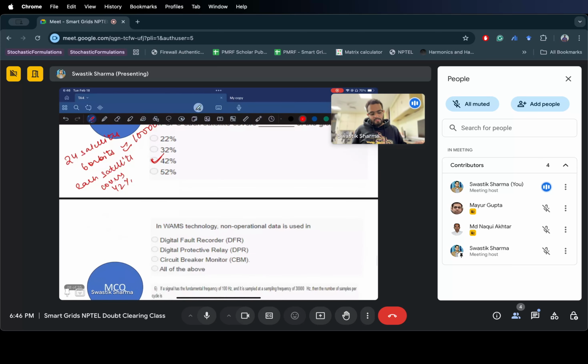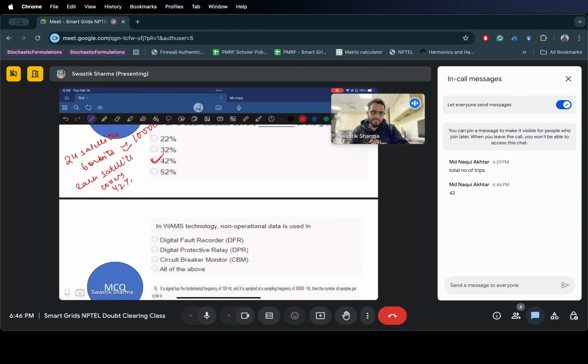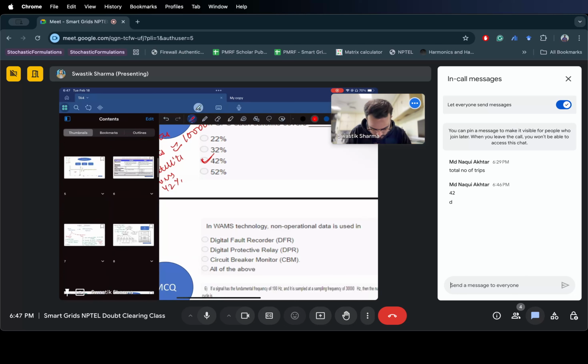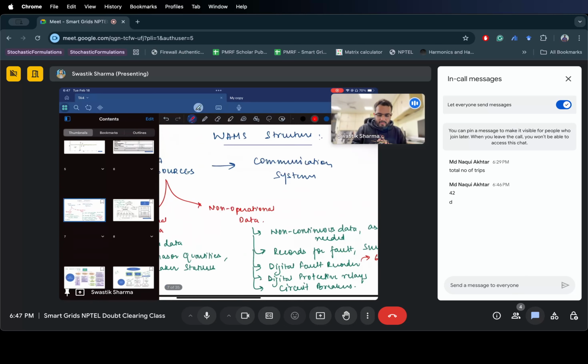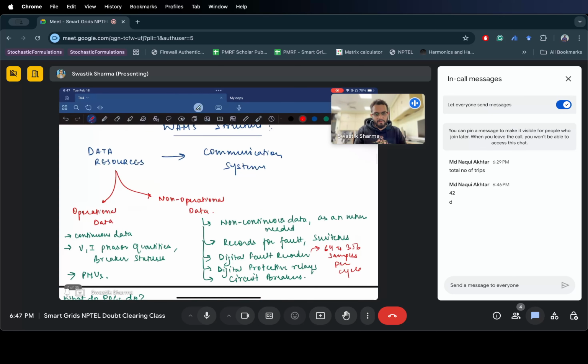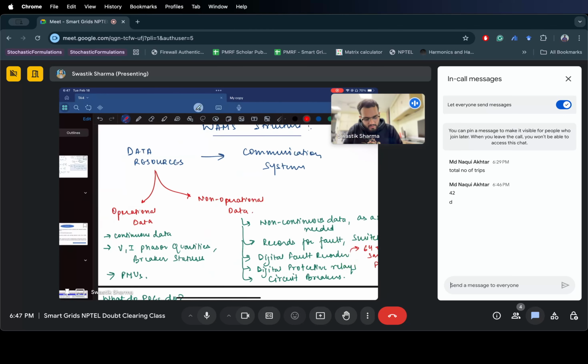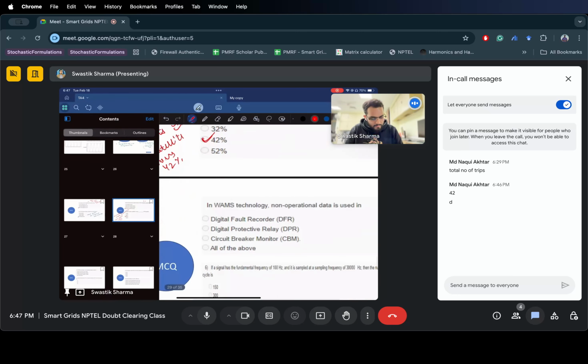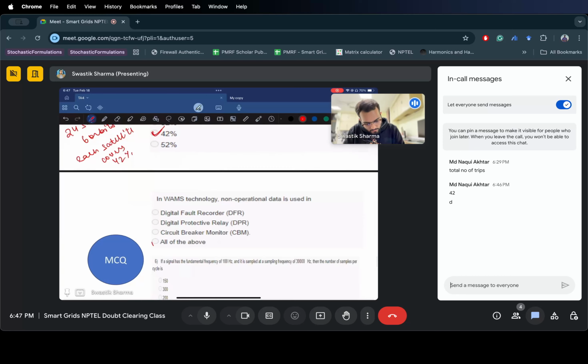Next, in the WAMS technology, non-operational data is used in. I just covered non-operational data. What is non-operational data and where is it covered? So you have two kinds of data: operational data, where you have a continuous stream of data, and non-operational data, where you have non-continuous and periodical data, right? For example, digital fault recorders or digital protective relays, and circuit breaker monitors. So the correct answer for this is all of the above,